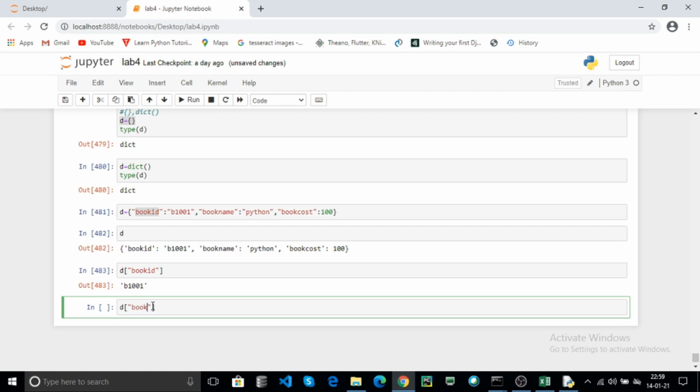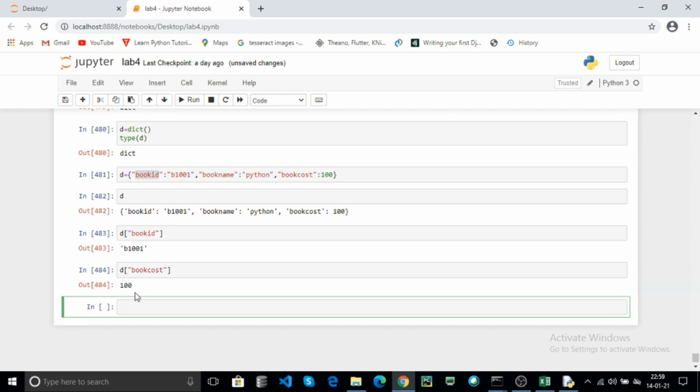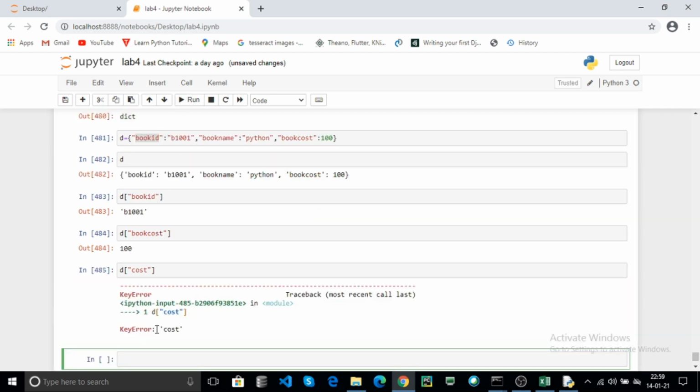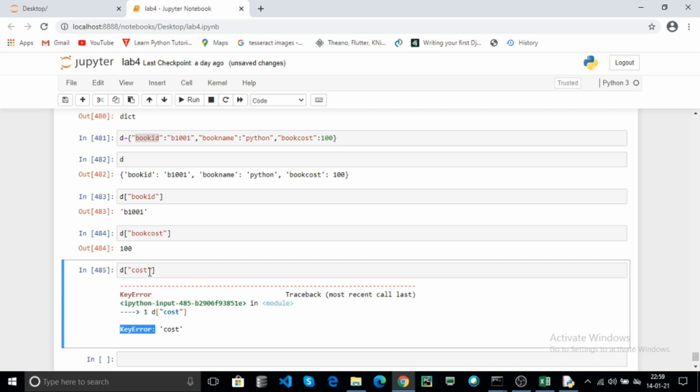You can use the book cost. Here it returns 100. For example, if your dictionary does not contain the cost key and you try to access the cost key, click on run. Here the key error, because the key does not exist in your dictionary.